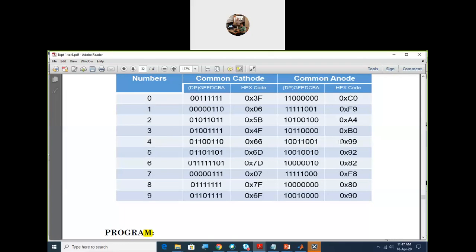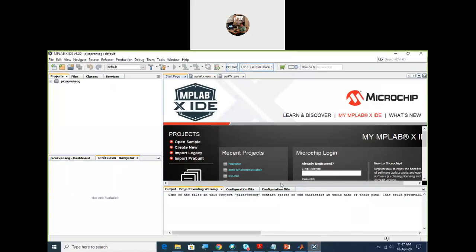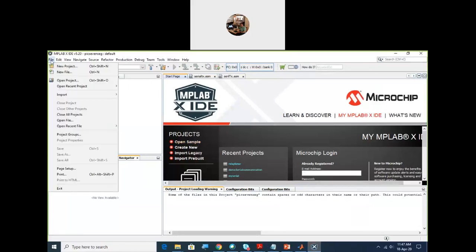Are you getting what is the difference between common anode and common cathode display? Can anyone tell again what is the difference?